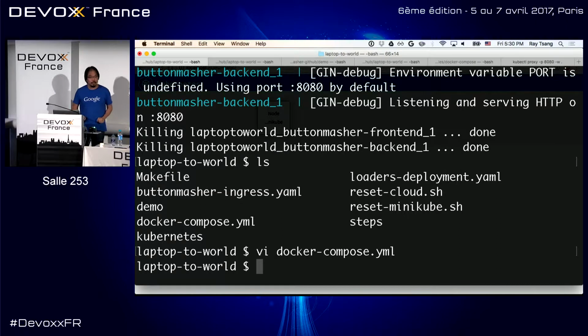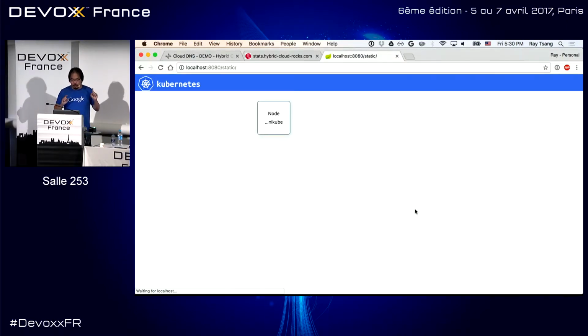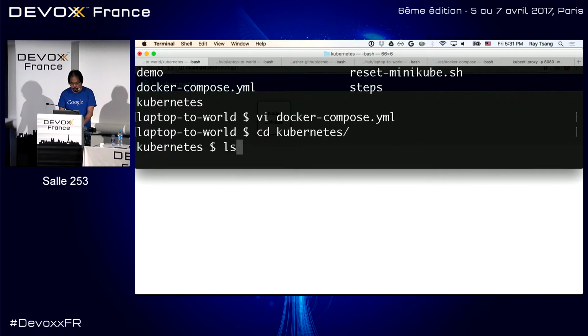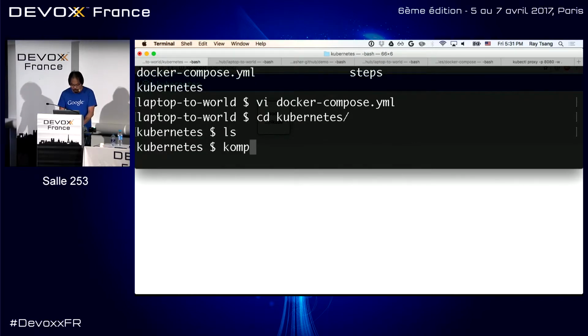Let's see how we can do this in Kubernetes. So in this case, this is a visualization tool. We only have 1 node, because we're running a VM. This is a single VM. What we can do is there's a little utility called